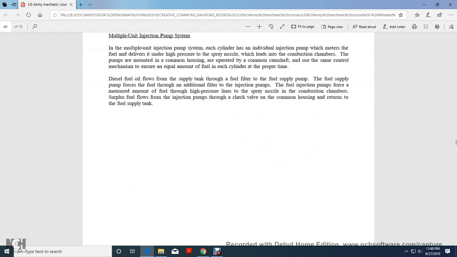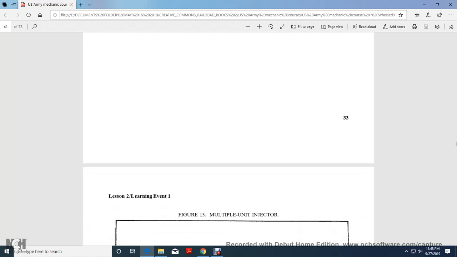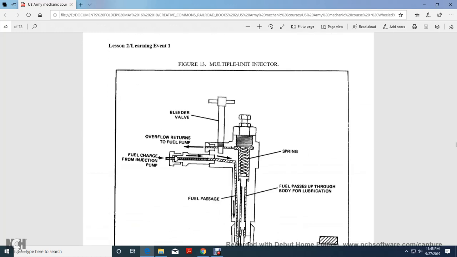Diesel fuel oil flows from the supply tank through the fuel filter to the fuel supply pump. The fuel supply pump forces the fuel through the additional filter to the injection pumps. The injection pumps force a measured amount of fuel at high pressure through the spray nozzle into the combustion chamber. Surplus fuel flows from the injection pump through the check valve of the common housing and returns to the fuel supply tank. This shows the multiple injection bleeder valve, the overflow of the fuel pump, and the fuel injection pump,